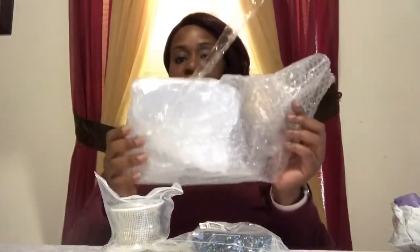Now, it came in this package here, and then it was wrapped in this package here. So they are very mindful of protecting your shipment. Now, these are my items right here that I am sharing with you today. My first item is this, and excuse me, I am looking over here at my monitor so that I can give you correct information. So this item right here,